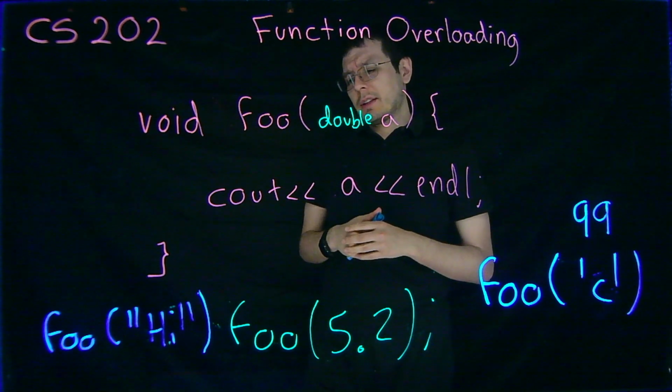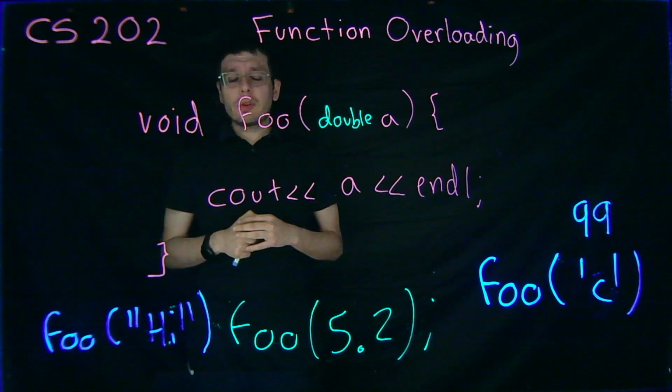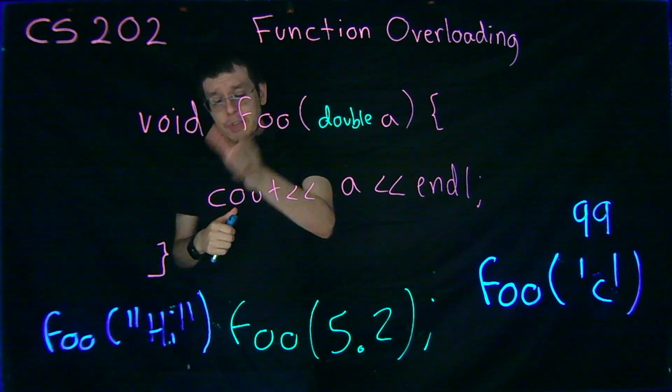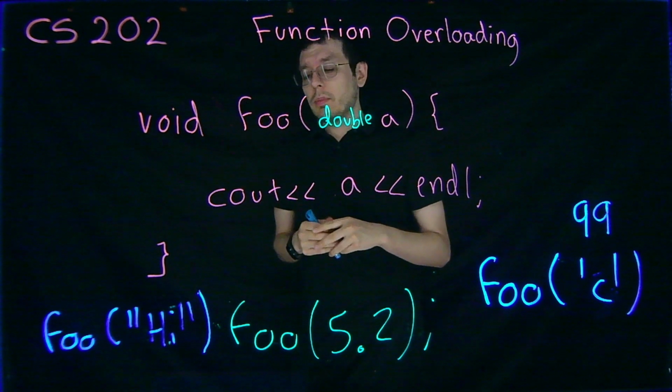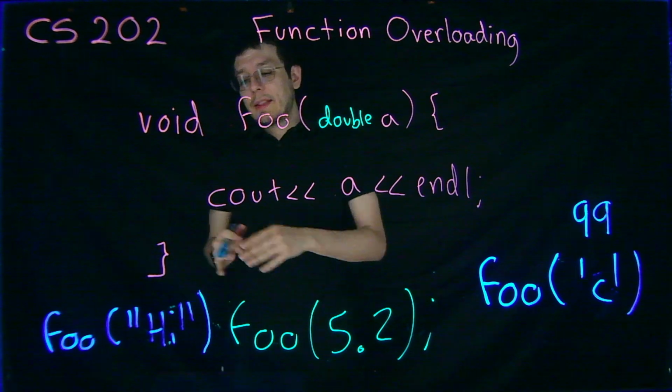Why can't it just say like the function's not found at all? Well, in fact, the error is actually going to go further than that. It's going to tell you that it found a function with the right name, but that the arguments don't match. And that's because you're trying to make it into a double when it's a string, and there isn't really any